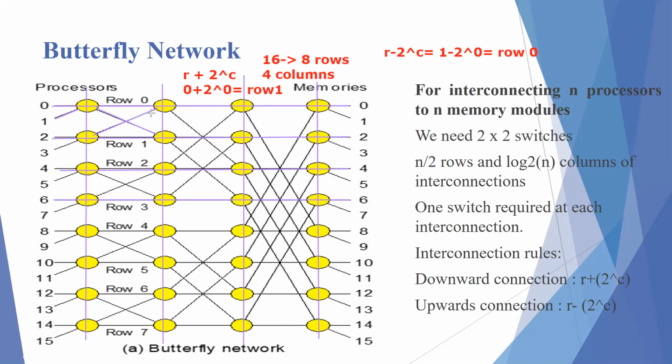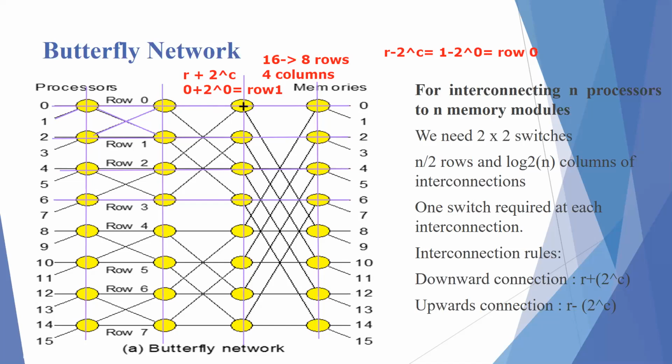Yes, ma'am. Okay. Similarly, let's talk about this one now, so that your doubts also become clear. Now, if I talk about the second switch along the horizontal line of interconnections, this is row 0 and column 1. One straight connection is already made there, but I have to check this cross